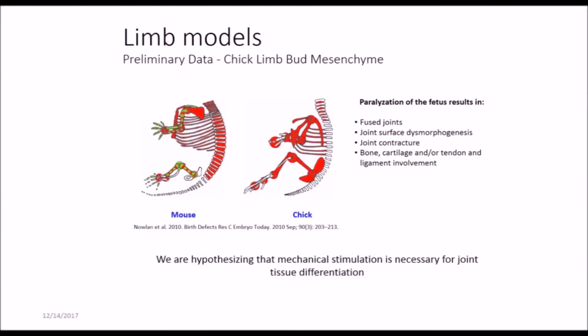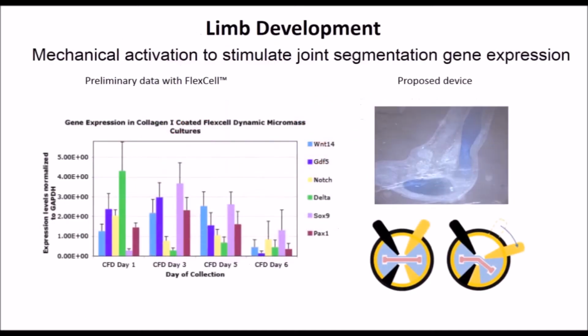Our third OCM will model joint segmentation. In vitro models of joint segmentation currently do not exist. We hypothesize that joint segmentation can be initiated within a prechondrogenic model through flexion or mechanical stimulation and the addition of specific biochemical signals. We have seen evidence of joint-specific gene expression in mechanically stimulated cultures using chick embryonic limb mesenchyme, but further work will be required, especially in proving that adult human mesenchymal stem cells undergo such activity as